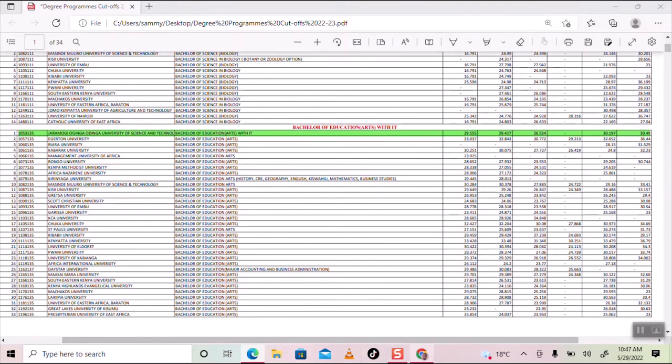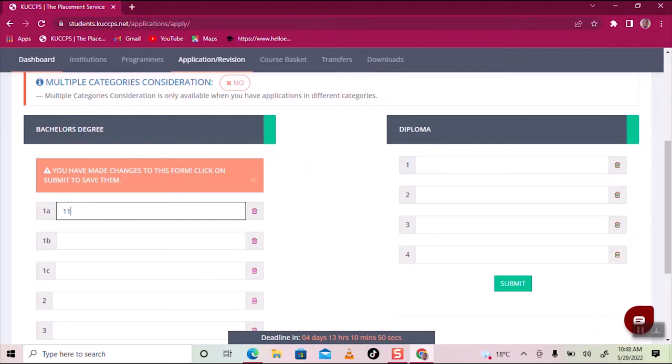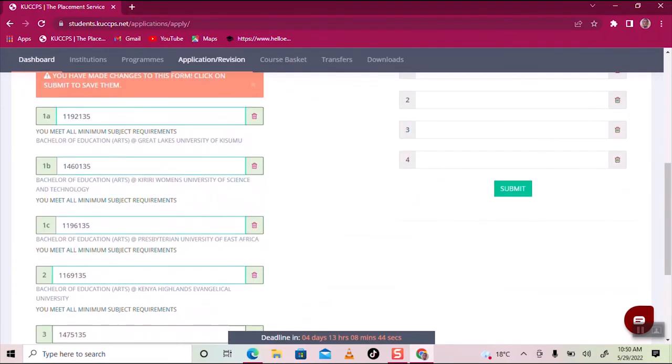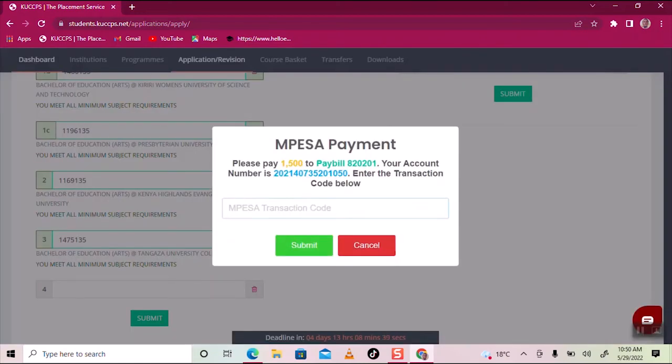Let's go back. Then here you're supposed to just put the program codes. Let me put the program codes there. After entering all the codes for the programs that you want, you come here and click submit. Then here you are supposed to enter the code for the M-Pesa